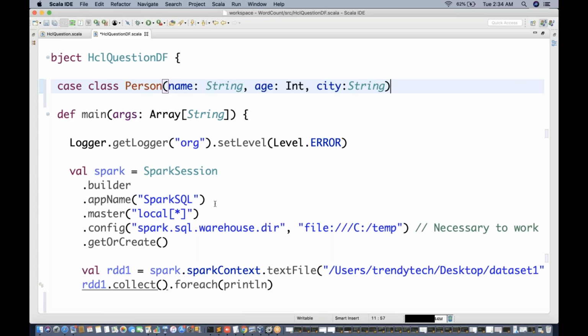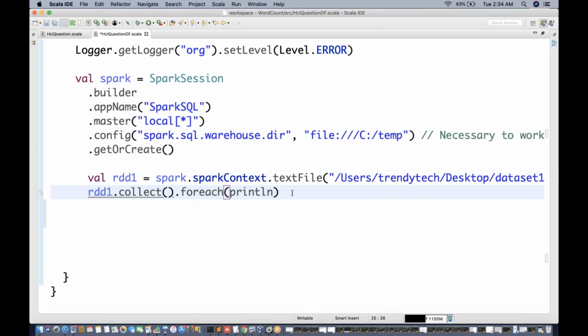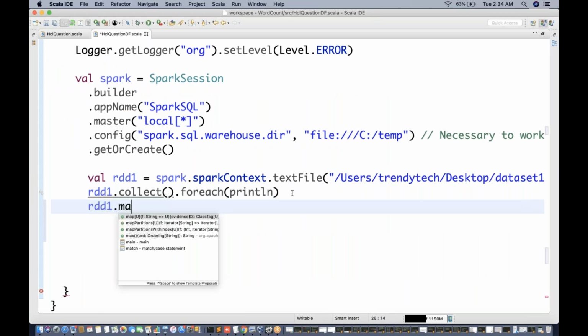Now we need to call the map method on top of rdd1.map. What we want to send in this map is an unstructured line without any schema, but the output should be a structured line with some schema.